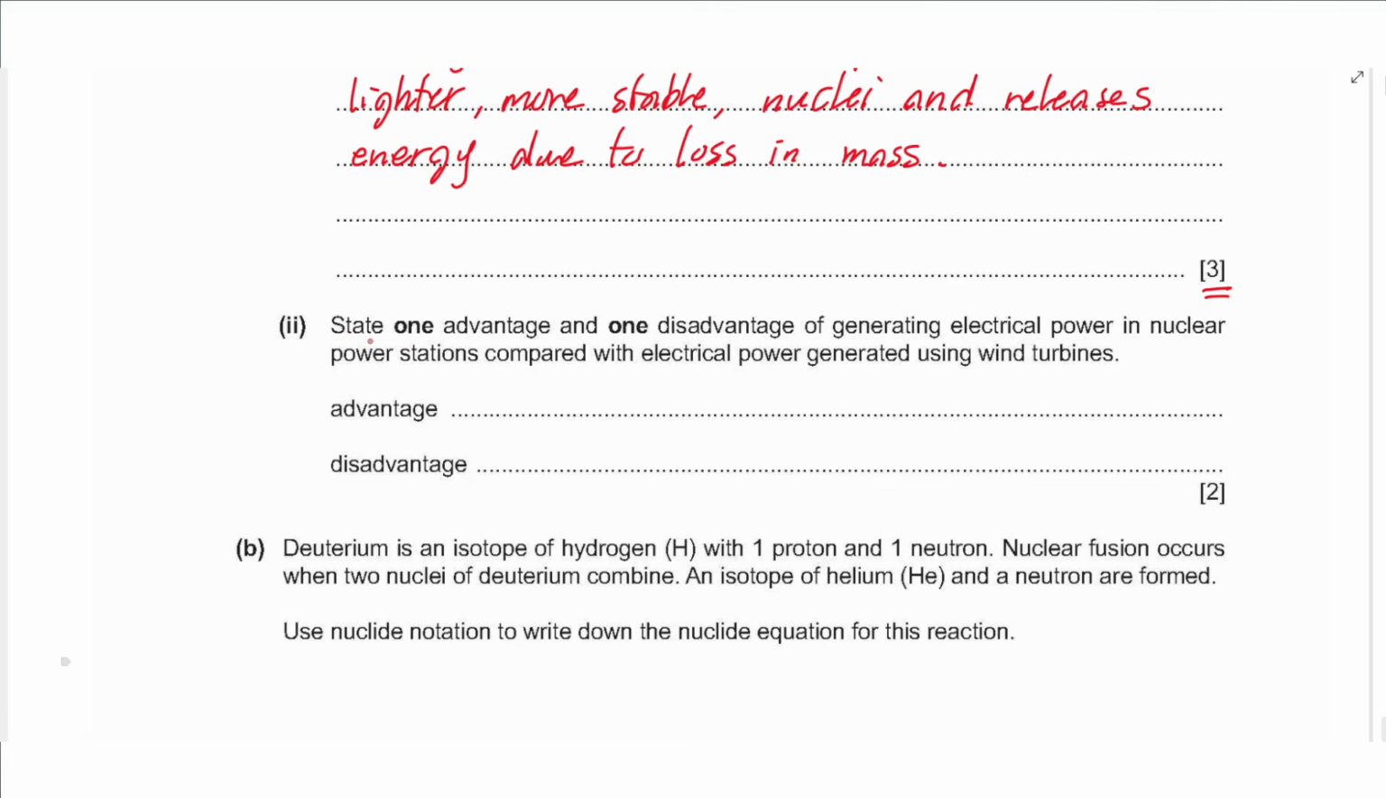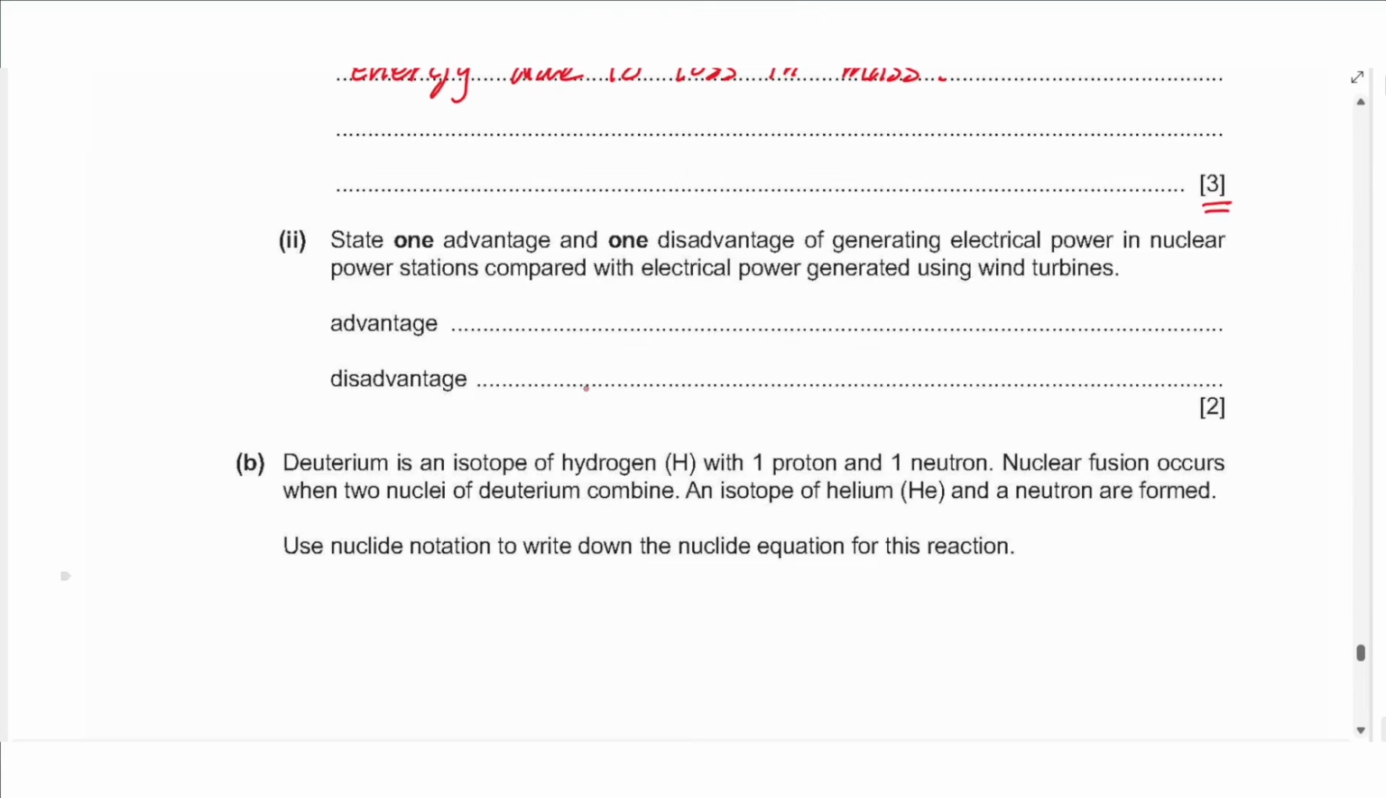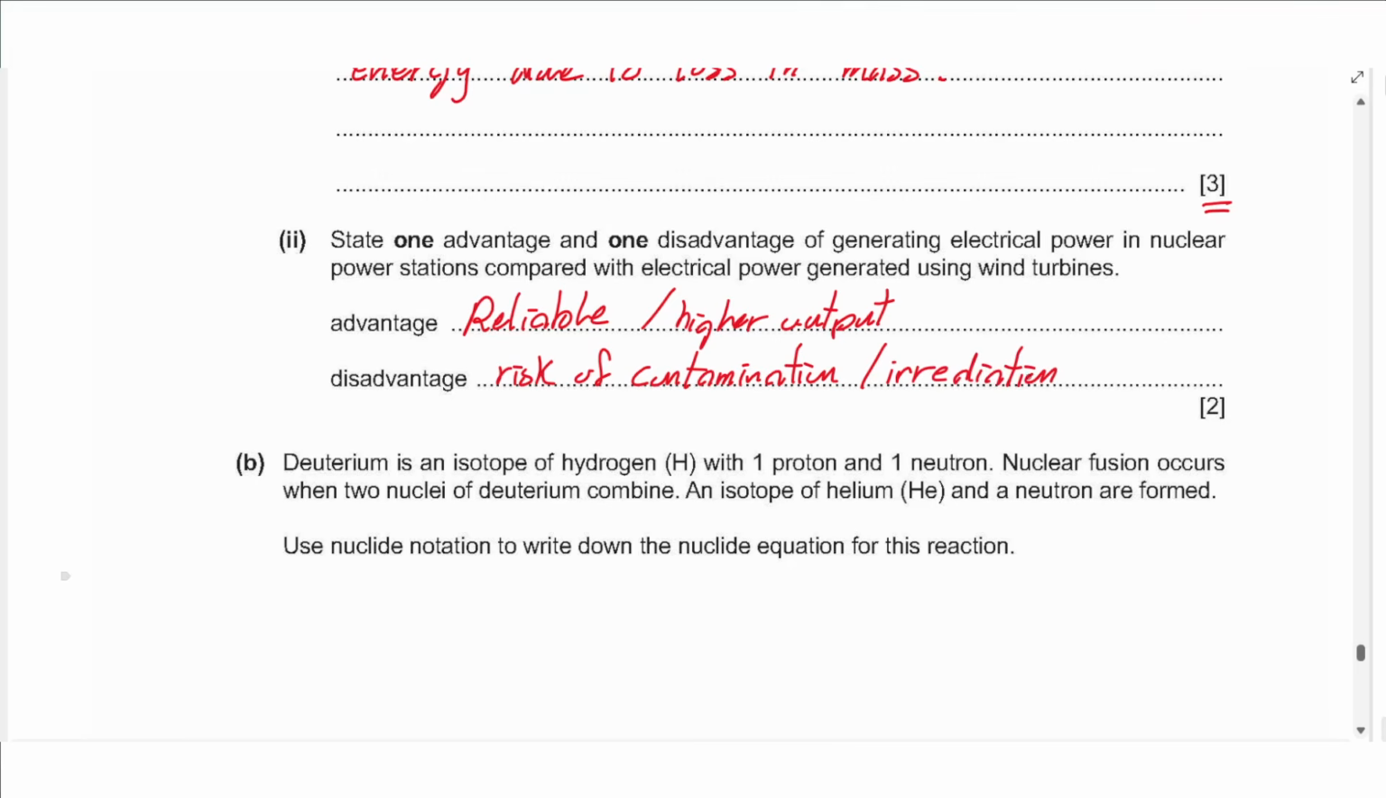Question II says, state one advantage and one disadvantage of generating electrical power in nuclear power stations compared with electrical power generated using wind turbines. First of all, the advantage is it is reliable or controllable, has higher output. The disadvantage for a nuclear power station is the risk of contamination or irradiation. Contamination usually happens due to explosions, due to overheating of the reactor, and irradiation is basically the radiation leaking outside